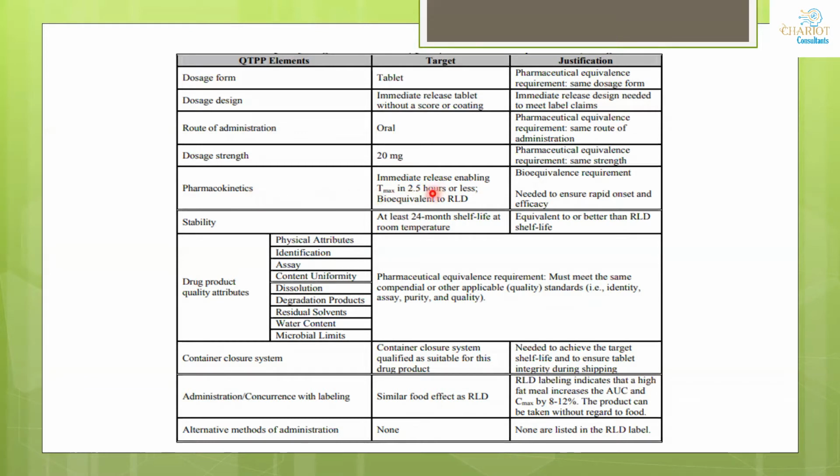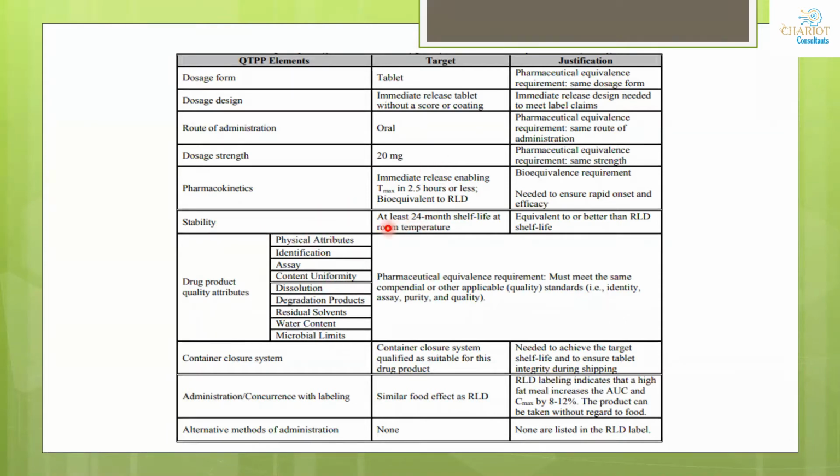So what are the parameters that you do for bioequivalence studies? For example, your Tmax will be there, your area under the curve can be there. So we have a separate section of bioequivalence. I will not go in detail, but for your understanding, it should be equal in terms of bioequivalence. And what are the parameters which are done? Generally your Cmax values, your AUC values. So these are the parameters which you need to check to identify whether your drug product is bioequivalent with the RLD or not. Then stability.